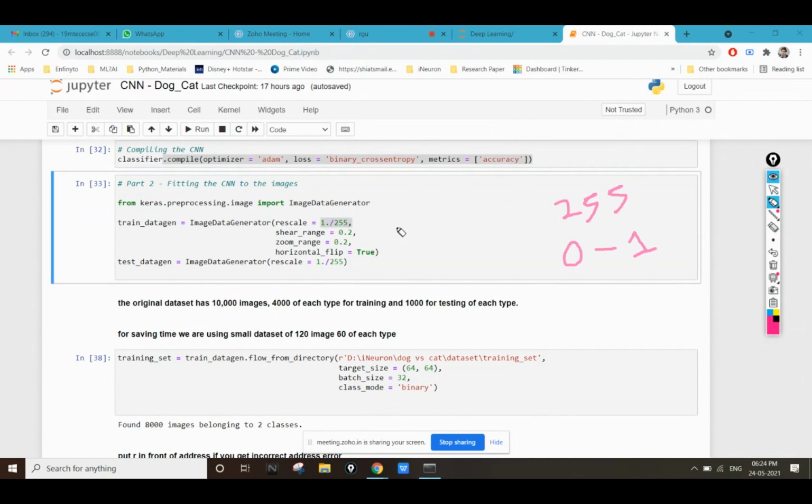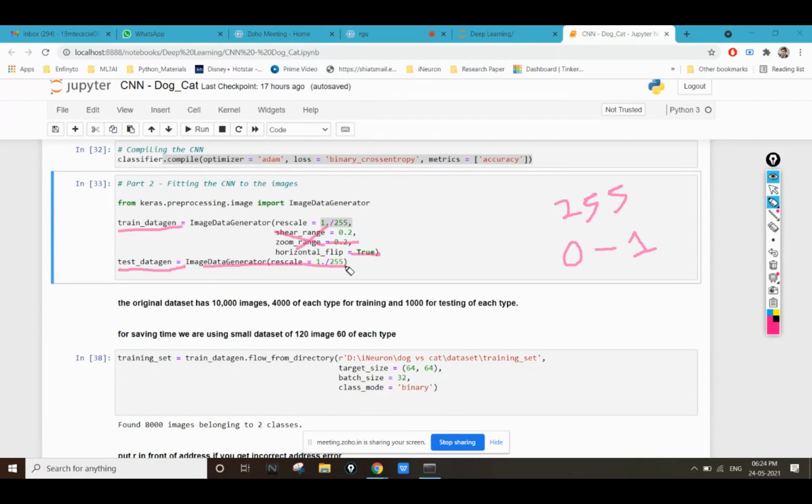If you want to do flipping of images, if you want to read each and every image by flipping it also, then you can make this true. If you want to zoom in on an image, then you can make this true. Or you don't need to write these features; you can just rescale it and then provide it to train. This is the train data generation. And in the same way I'm doing the test data generation. In test data generation also I'm doing the rescaling part.